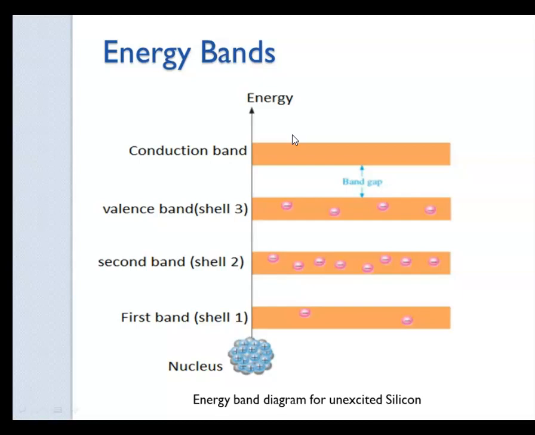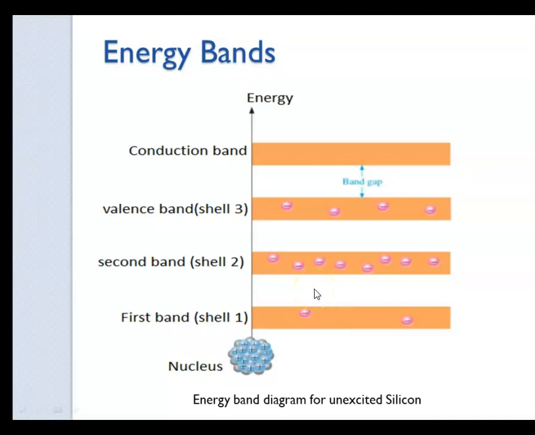So, this is about a single atom, but in practice, atoms are not isolated from each other. When they are brought together, the electrons will be acted upon by the force from other atoms. So under such circumstances, the energy levels occupied by the electrons will get merged into energy bands. In this figure, the first band is formed by the cluster of the energy levels of the electrons in the first shell of the millions of atoms. Similarly, the other bands are constructed.